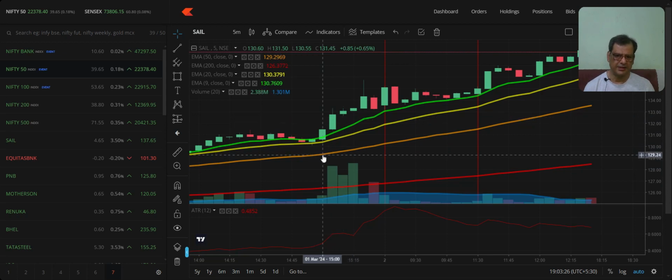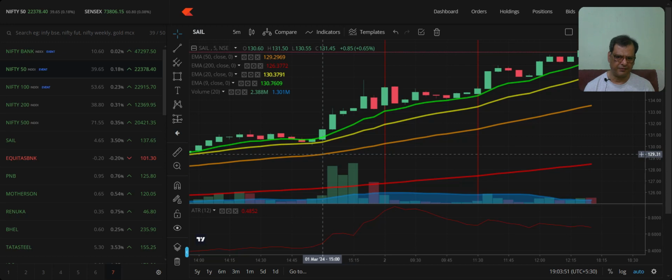Now, this candle is closed above the 9 EMA. Price is above 200. EMA 9, 20, 50 all are sloping upwards. So we can assume that the price is going upward. No guarantees, obviously. So what you could have done here is there's a high at 131.50. So you could have entered in 131.60 and your stop loss would be below this candle, 130.55, and you can